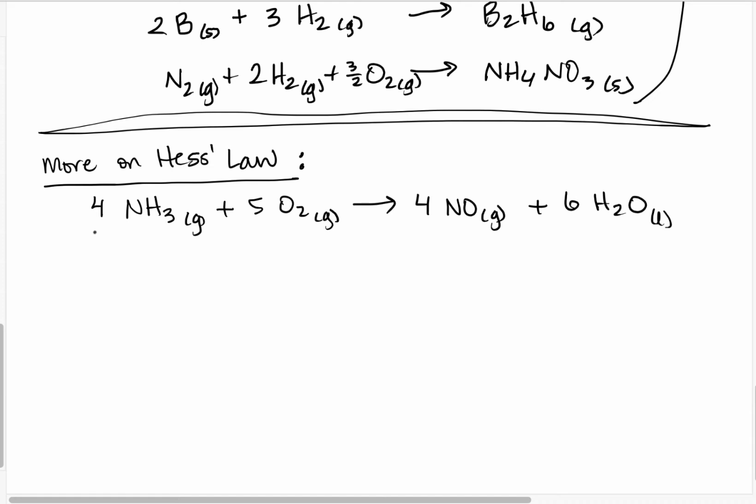So the idea of the formation equations is that each one of these formation equations is making 1 mole or 1 molecule of a specific compound. So for example, if we were thinking about ammonia here, the formation equation for this would be, let's say we have nitrogen, which is N2, and we have hydrogen, which is H2. We need 1 nitrogen, so that'll be 1/2 of an N2, and we need 3 hydrogens, so that'll be 3 halves H2. And we would be making 1